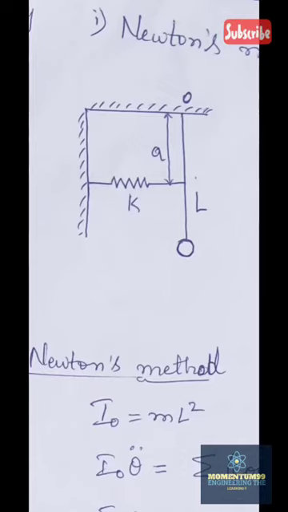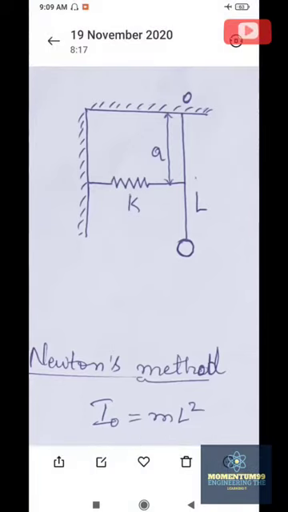In the previous problem, we had the mass falling towards the point of suspension. If this string, or this wire, or this length L is removed, in this case if you take this mass M, it is moving away from the point of suspension. Just compare the two diagrams of the previous video and this one, and you will see the difference. What is the difference between these two?